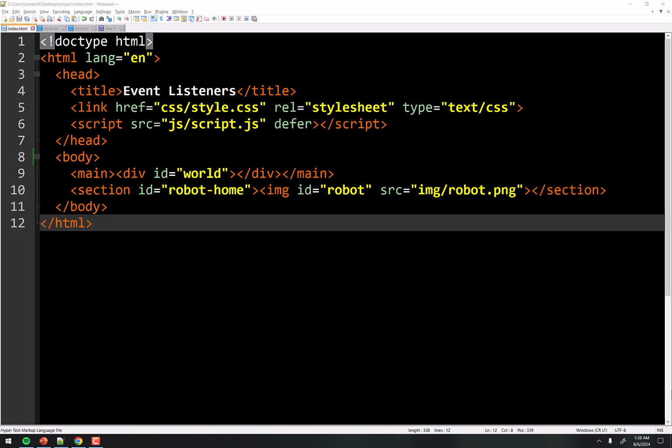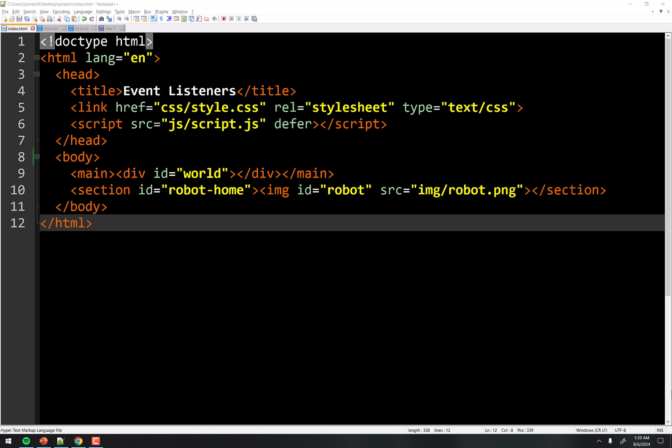Starting right here, we just have two main sections, and it's sort of weird because they're a main and a section, but two primary pieces, if you will. So line 9 there is main, and inside of it is a div called world, and that's where we're going to build the robot world. And then the second part, line 10, is a section that's called the robot's home, and that's where he kind of starts out. And then we're going to put the image of the robot in there, and that's already where it is. And you'll notice main is there, but you can't really see it on the screen because there's nothing inside of it, just empty divs.